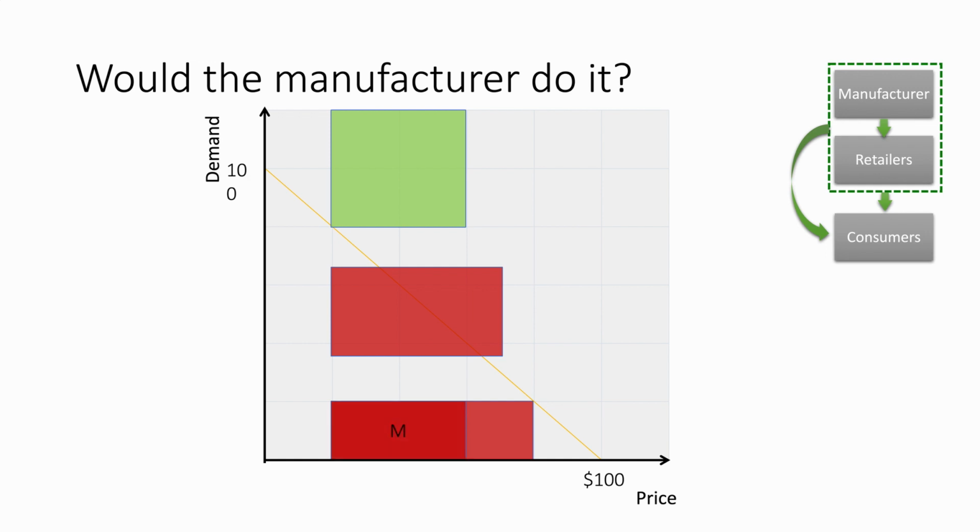In the bottom, this is the manufacturer's profit, and this is the retailer's profit. If the manufacturer lowers the wholesale price, although the size of the total channel profit is larger, the manufacturer's profit actually shrinks and the retailer's profit would expand significantly. So that channel profit increase is actually at the cost of the manufacturer. It only benefits the retailer.